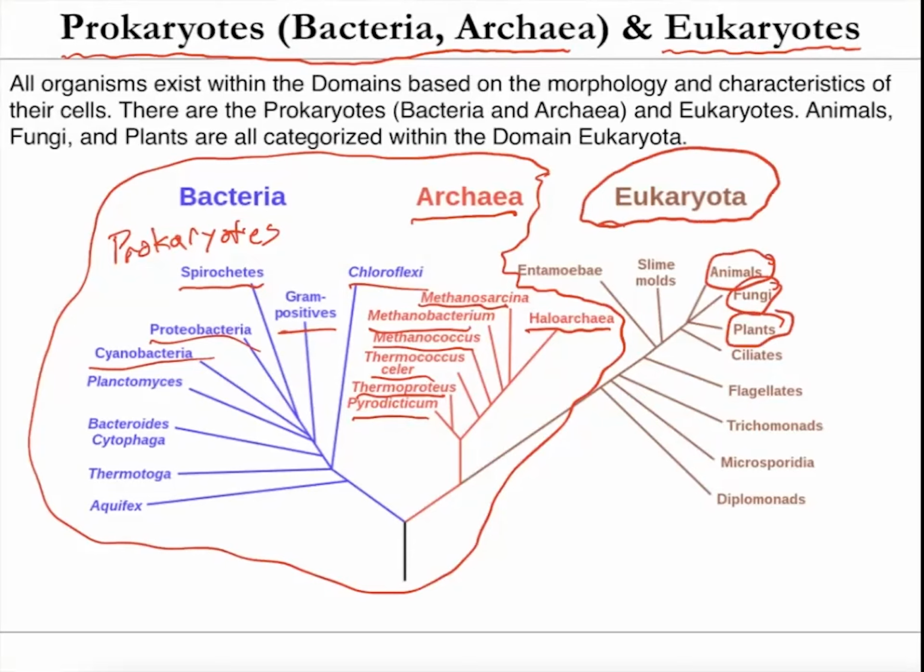So anything that you see in your day-to-day life, we are all made out of eukaryotic cells. So those are all multicellular organisms. Slime molds are kind of multicellular, kind of unicellular. And then these groups right here are all single-cell eukaryotes. So you can have eukaryotic cells that are single-cell eukaryotes or multicellular eukaryotes like the animals, the fungi, and the plants. But in general, the most accepted model evolutionarily is that all cells on the planet can be broken up into these three domains: bacteria, archaea, and eukaryotes.